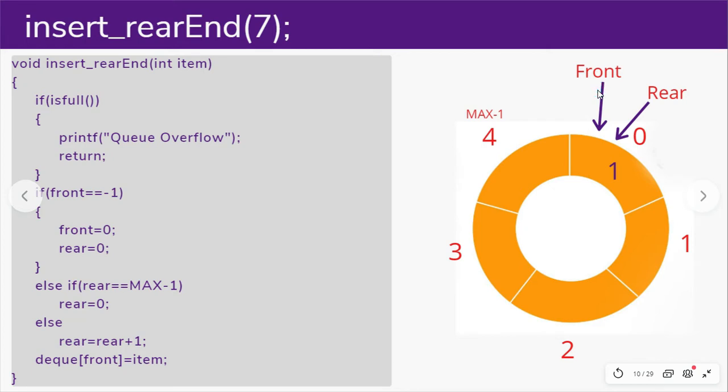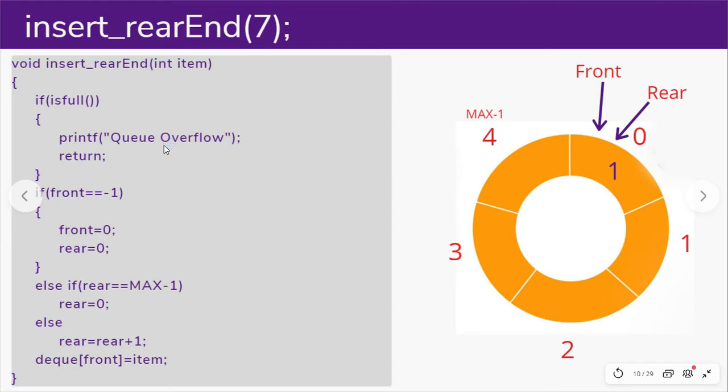And the same is opposite for the front. What happens in the front? Front inserts the data in anti-clockwise fashion and deletes the data in a clockwise fashion. Okay, I hope this is clear. If you didn't get it, no problem, we'll see it in the program and you will come to know what I meant to say.